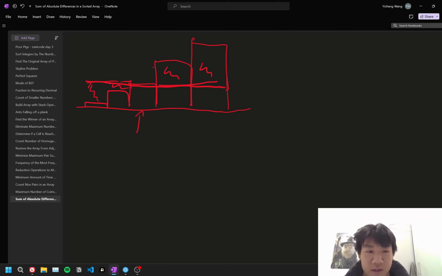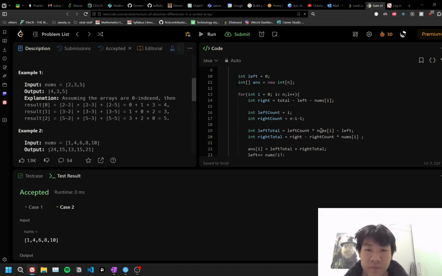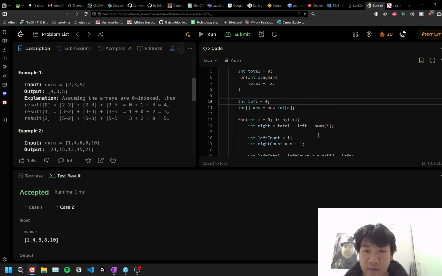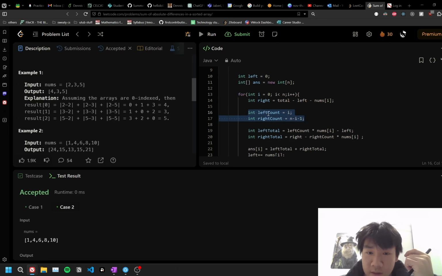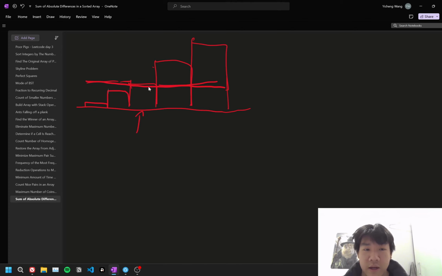And all the space on the right is the thing we want to add above the line, and all the negative space on the left is the thing we want to add as well, right here. So that is what we do here. We want to keep a running total of the right elements. So that's what we do with left count and right count, because we need to multiply by the height